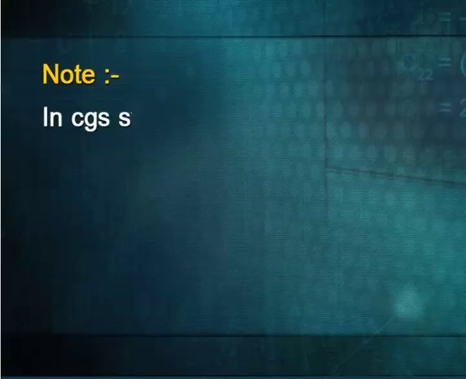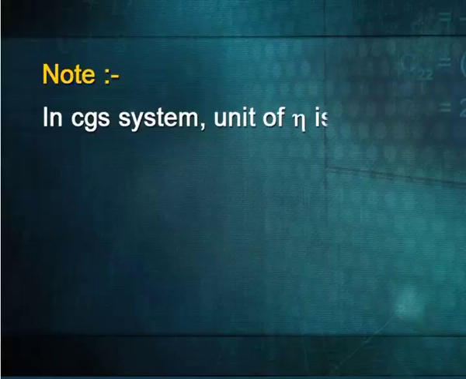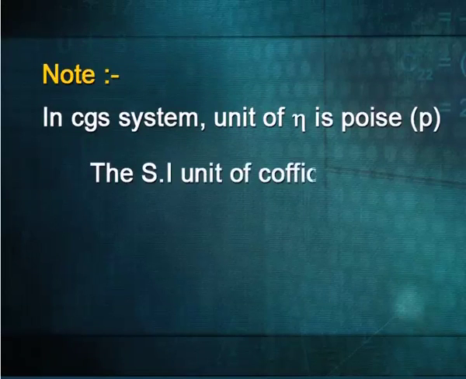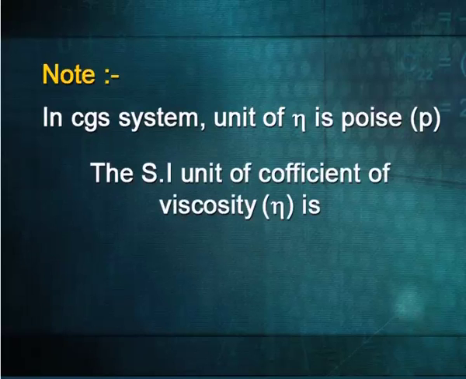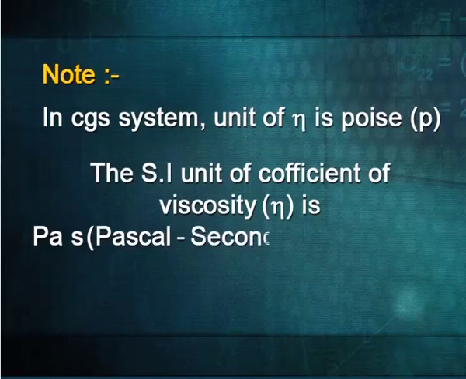In the CGS system, the unit of coefficient of viscosity is poise. The SI unit of coefficient of viscosity is Pascal second or decapoise. So learners, you have learned about the different properties of liquid states, and I think it is very much clear to you. If you have any queries or doubts regarding this topic, you can contact